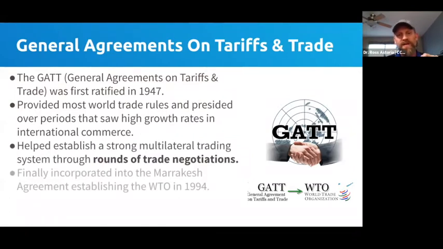And what's happened since 1947 is that from a small group of European countries, really, who had just finished fighting a very devastating Second World War, more and more countries agreed to participate in the GATT through a round of trade negotiations. And then in one of those final rounds of trade negotiations in Marrakesh in 1994, those countries agreed